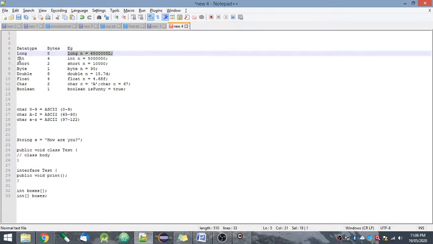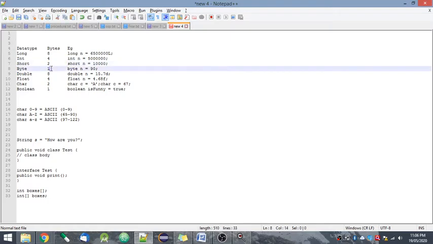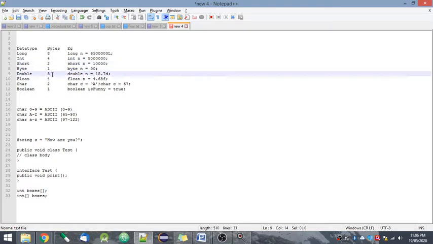There is integer with 4 bytes, then short with 2 bytes, byte with 1 byte, double with 8 bytes, float with 4 bytes, char with 2 bytes, and boolean with 1 byte. Boolean can only store true and false values.